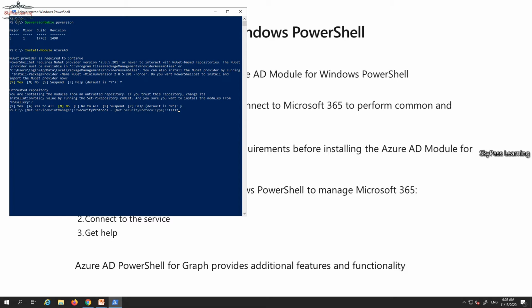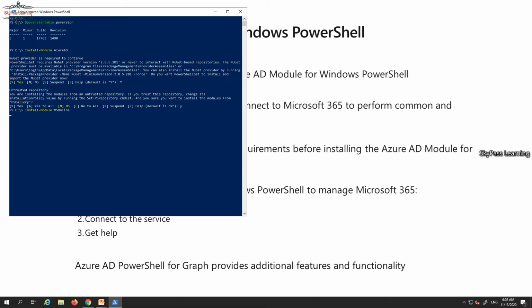Okay, so I have installed my module AzureAD, and now I'm going to install one more module, that is Microsoft MSOnline.